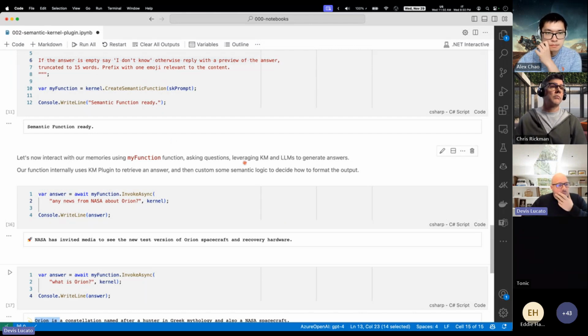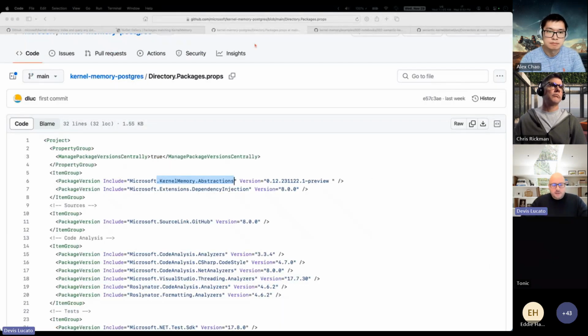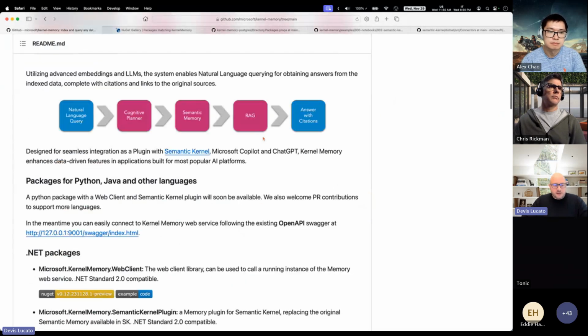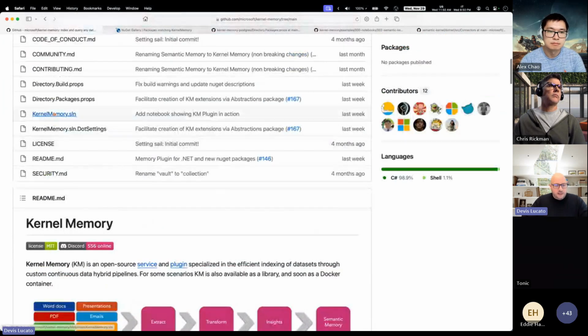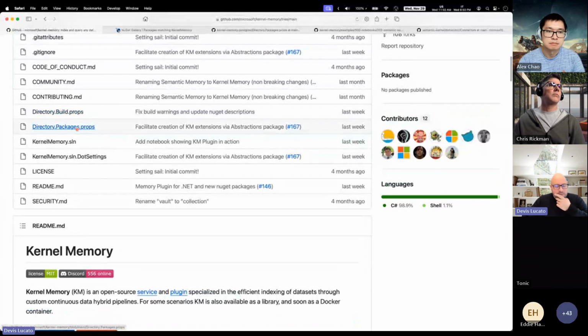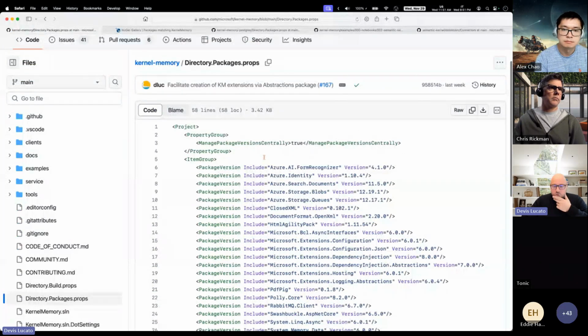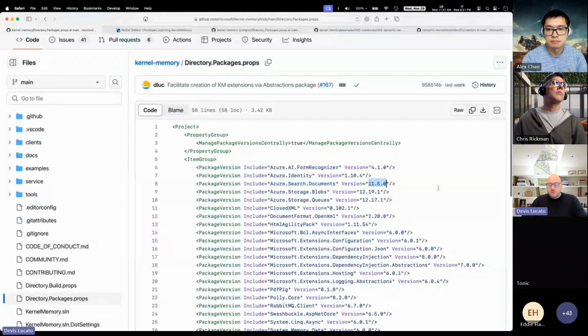Other things, more technical: we have upgraded the dependencies in the kernel. So we're using the latest Semantic Kernel Beta 8. And we also upgraded the community search to the stable version 11.5, which is using the latest vector search settings and syntax for vector search. And we also upgraded Polly, RabbitMQ, and other things.